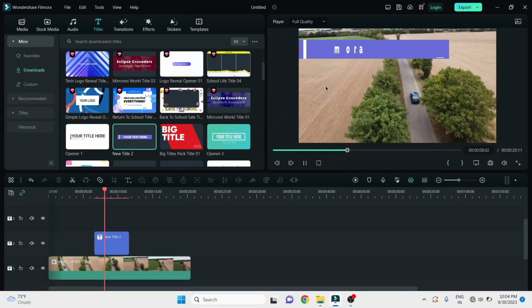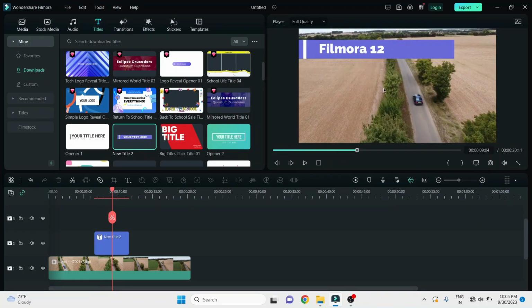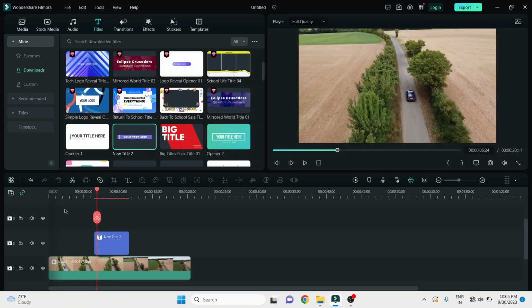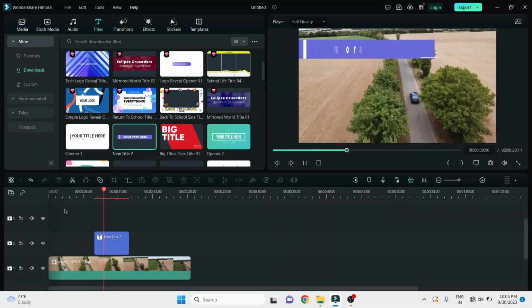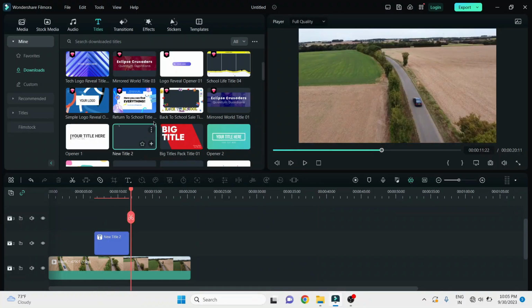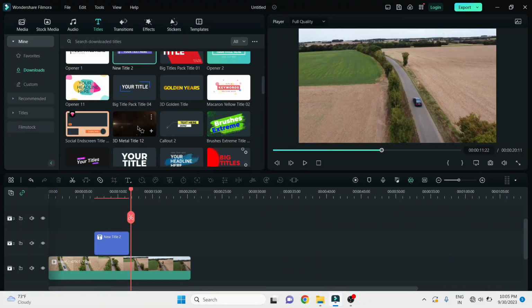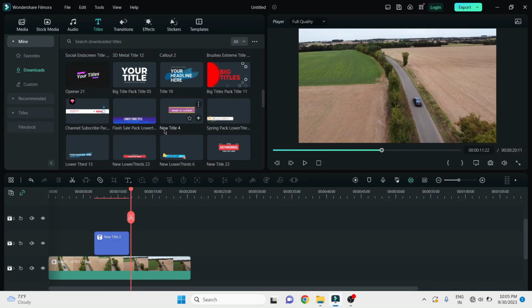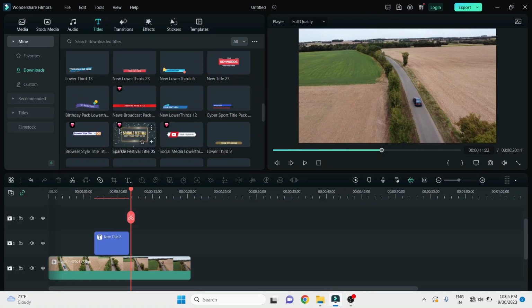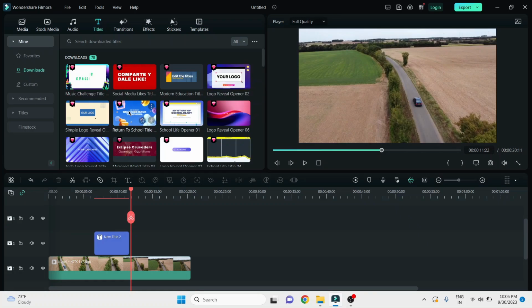Now here you see. Now from here you can see we have added a text and we have written Filmora 12, and look guys how nice the text is displaying. Let's play the video. So guys, by default all the text are there and this text are given by the Filmora software. So guys, the one thing you can do to add a text into your video.